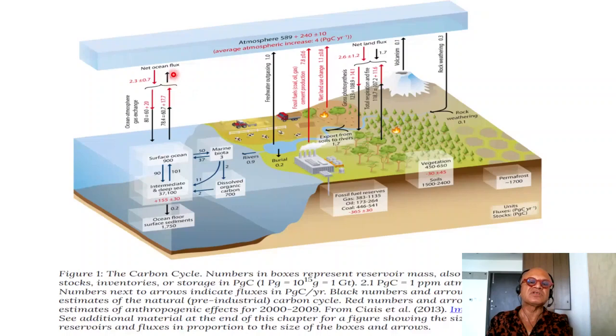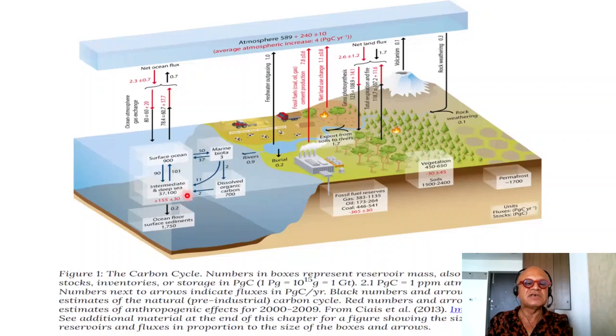So the black numbers are natural, and the red numbers are the anthropogenic. So just carry these multiple pieces of information in your head. Okay, so the surface ocean here has a reservoir of 900 petagrams with fluxes of 90 and 101 between the